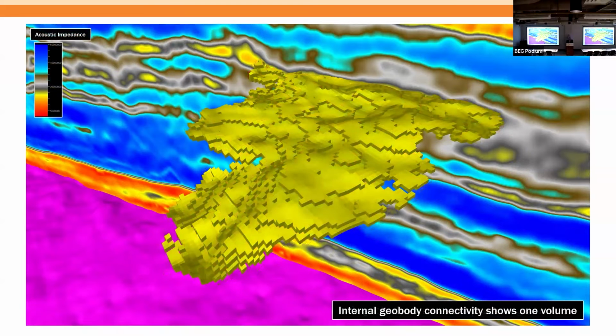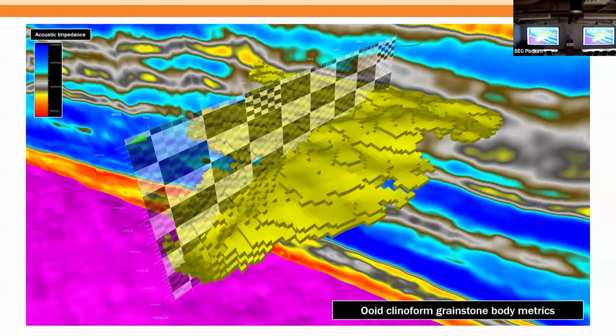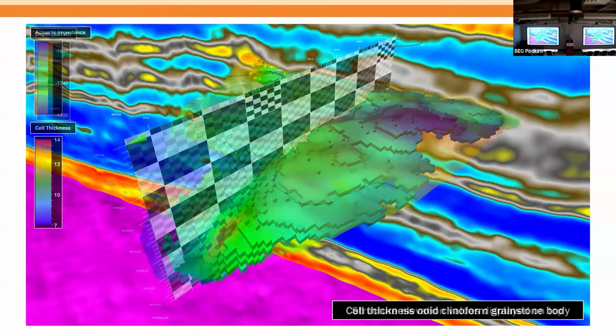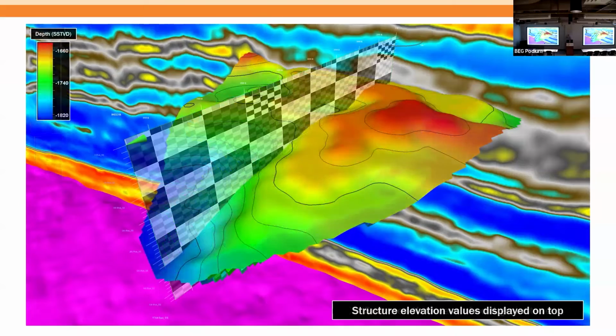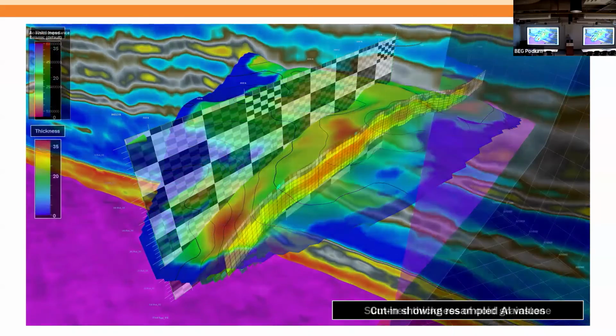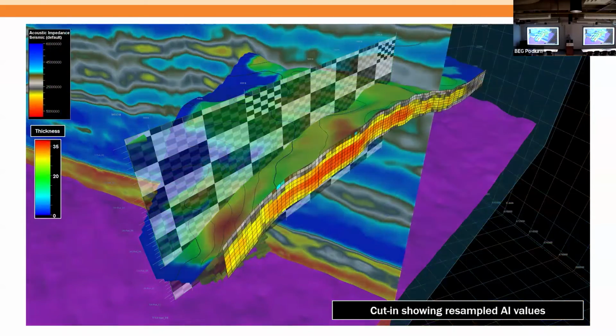We know what the isolated volume is for connectivity and continuity analysis. We can do actual measurements on it: how thick is it, how long it is, how wide is it. We can then look at the actual distribution of the cell thickness throughout the model. We can get the top of it, right, to communicate with other applications, the actual thickness of the grainstone body. We can start cutting through the geocellular model, looking at the actual geostatistically distributed acoustic impedance based